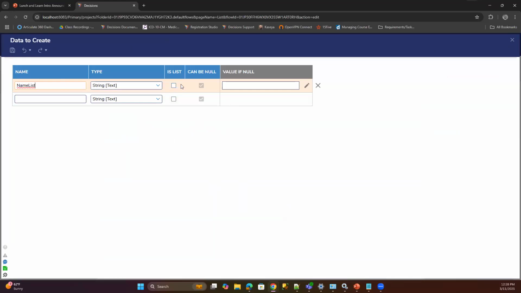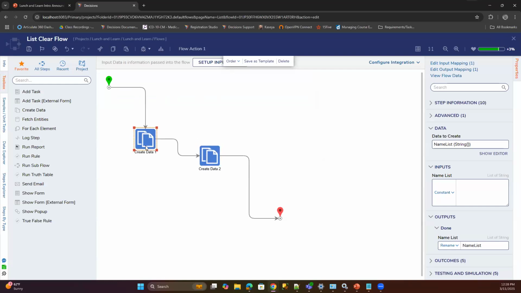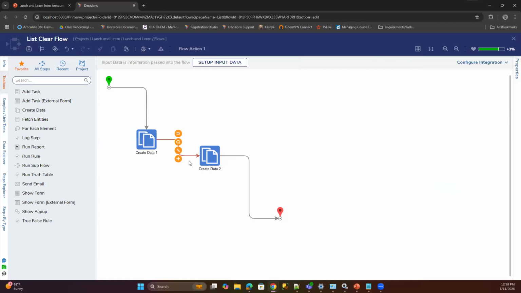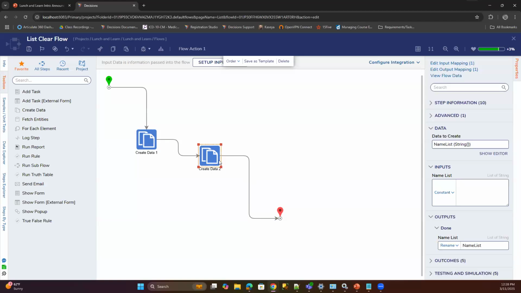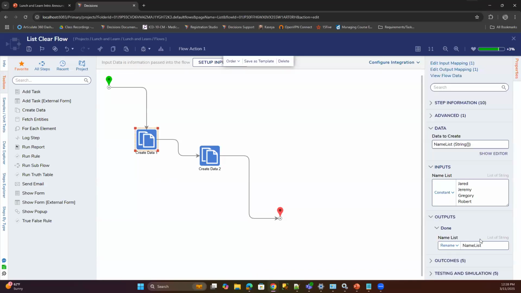If I just declare this as a name list, sometimes you have to be a little careful with this, because simply having variables that have the same name can sometimes cause confusion, where it doesn't know which one to grab. Sometimes it might grab the empty one, sometimes it might grab the cleared one. But you could use this to create an empty list, and change the value of that previous name list. That way, when it hits it first, it's got this list of names, does whatever you need to do with that list of names, and then clears that list.